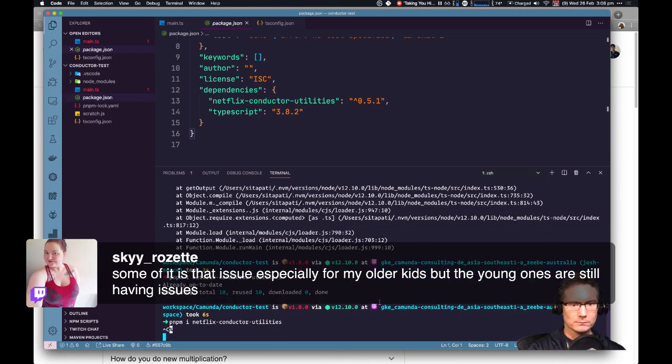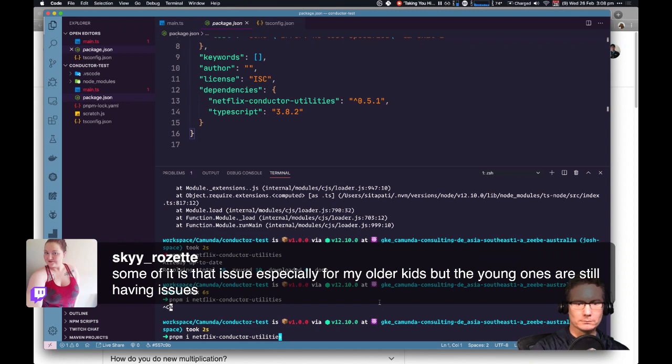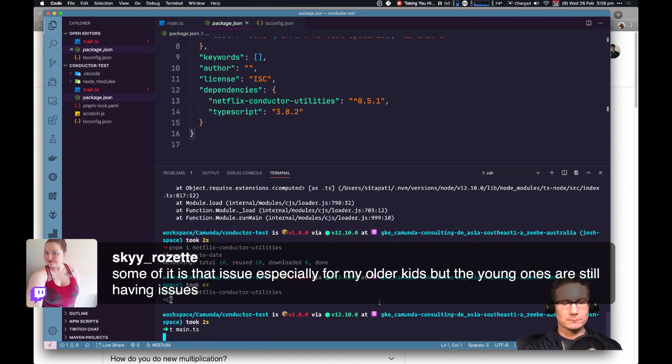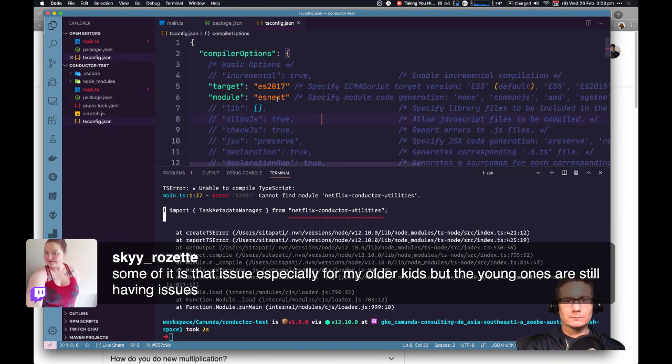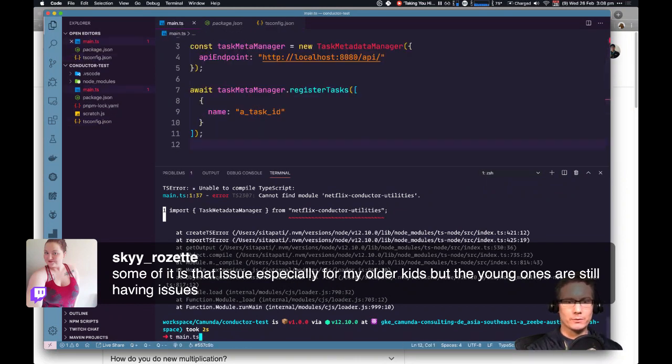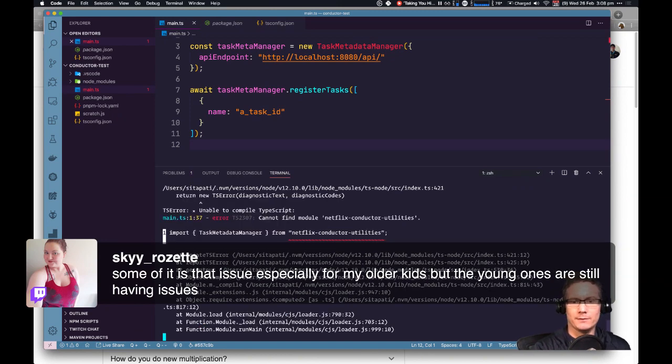Not that one. Probably because of this module here. Let's try it with system and see if that works. This is cutting edge here. I've never tried this before. It's a new feature in TypeScript that came out in the last week or so.